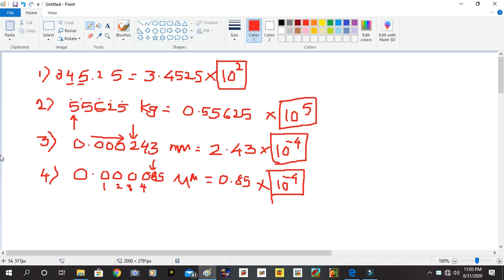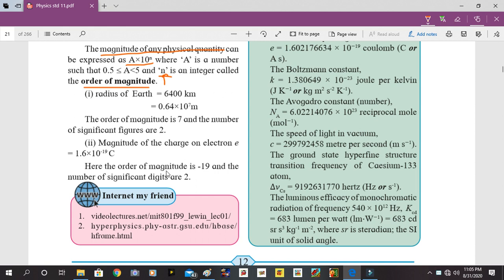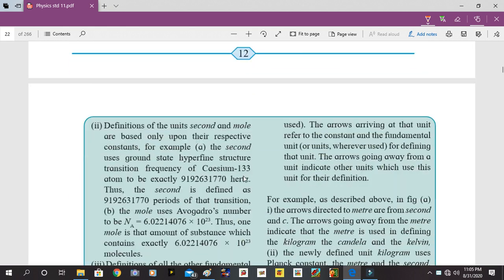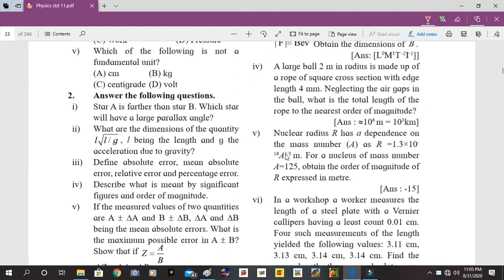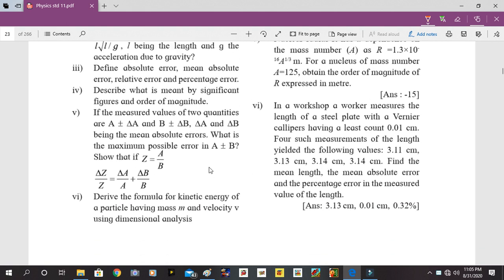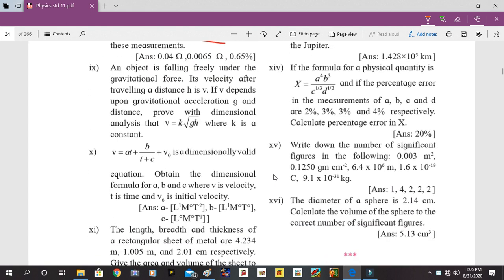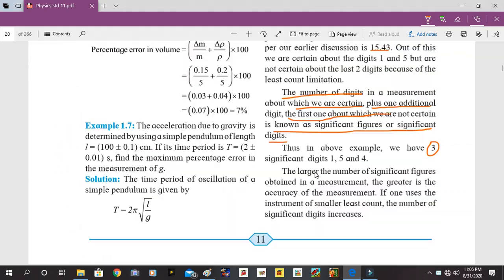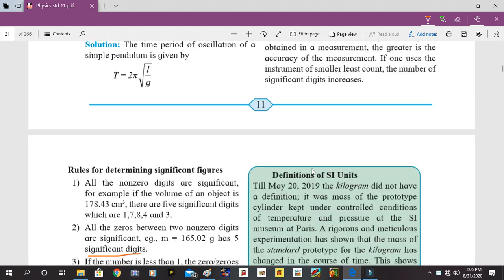I hope you understood this. You can check several examples in the textbook which are given here. You have to check these examples, and better you go through some exercise examples to find the order of magnitude of the given quantity, and then we can complete this lesson. Nothing is actually asked in an example, but practically we have completed this example.